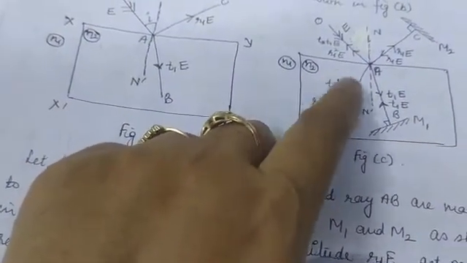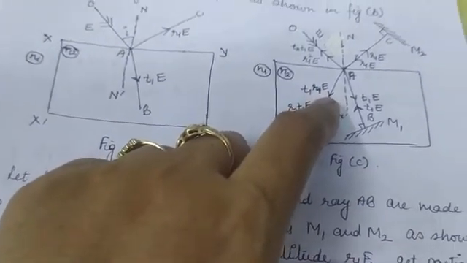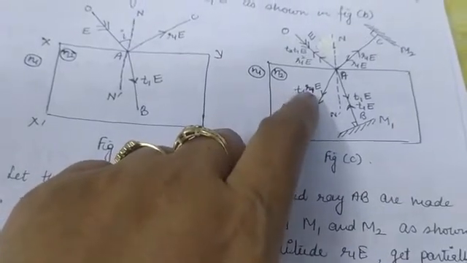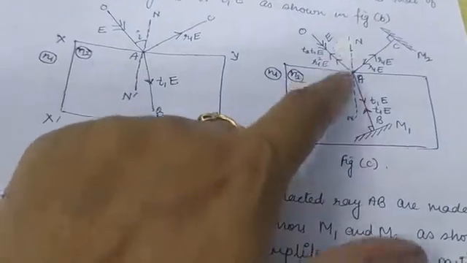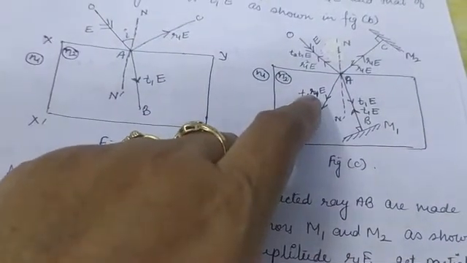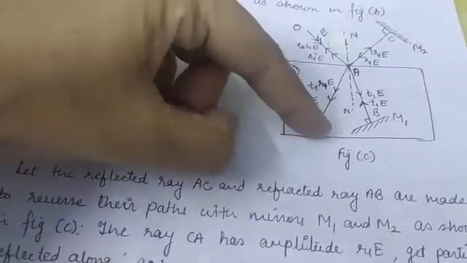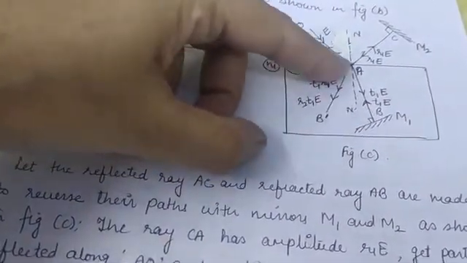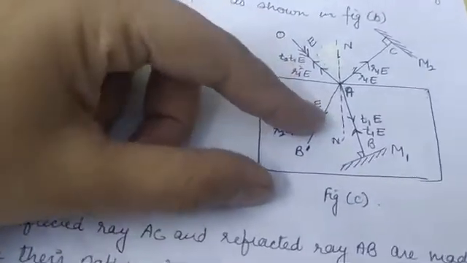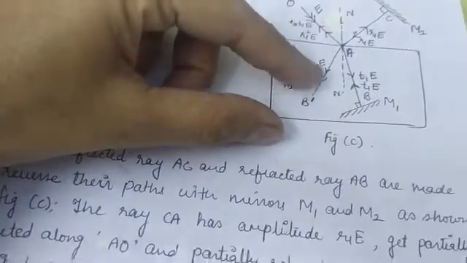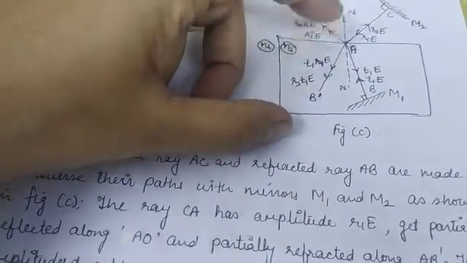So here, what did I do? I have just assumed that T1 is equal to T2. So by putting T2 equal to T1, I get the AB dash amplitude as T1 times R1 into E. Now the AB dash ray is the total ray absorbed in the medium. Its amplitude must be equal to 0 because I have already put the condition that there must be no absorption of the ray in the medium. So this amplitude must be equal to 0.